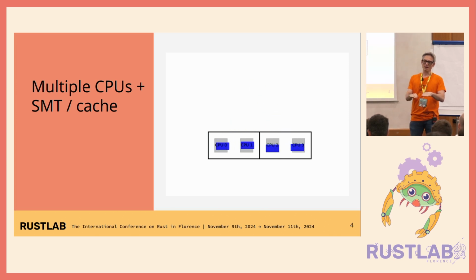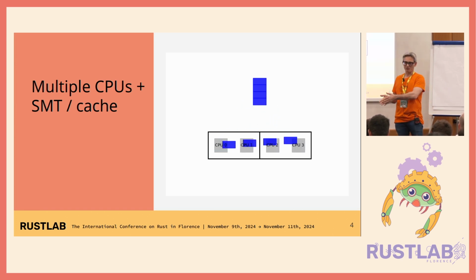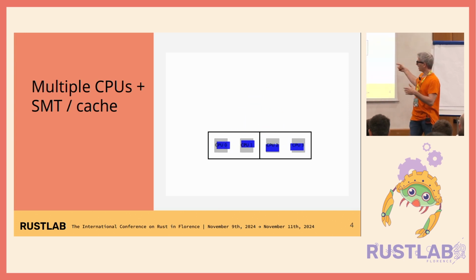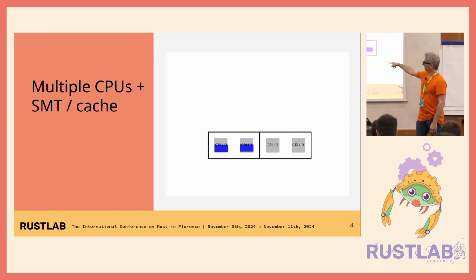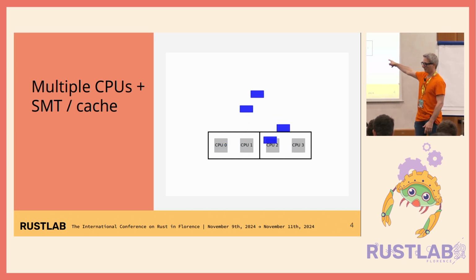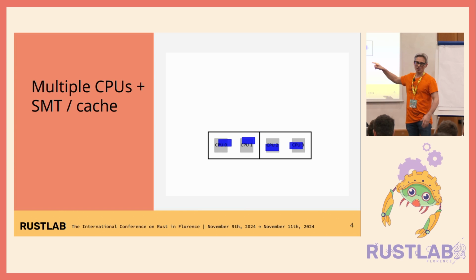So if you send a task on CPU 0 and 1 at the same time, you may get a performance regression because they compete to use the same resources. So in this case, a more efficient way of scheduling would be to send a task on CPU 0, let's say, and the next one on CPU 2 instead of CPU 1,